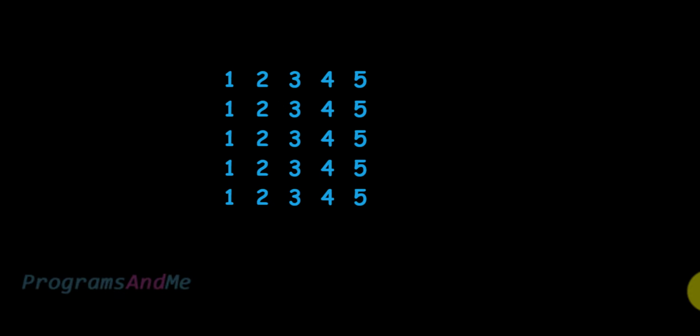Today in this tutorial we'll see how to write a Python program to print this number pattern. So the shape of this pattern is a square. The number of rows is equal to the number of columns, and the numbers we want to print in this pattern are